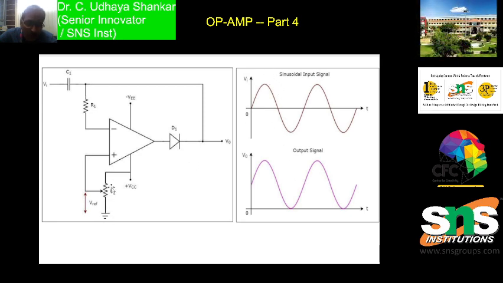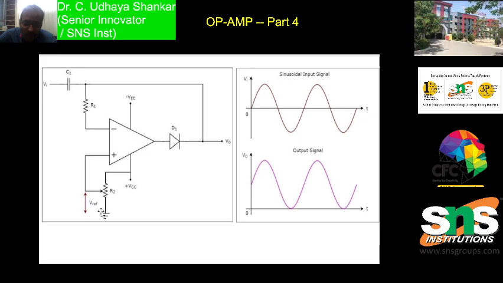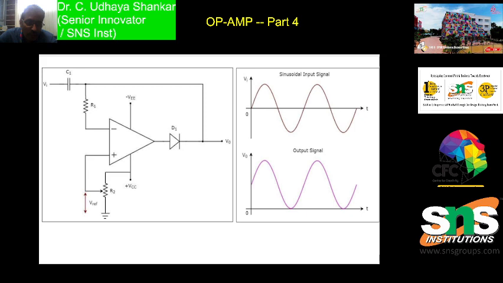If the Vref value is very low, the shift will be very small. If the Vref value is very high, it can be shifted by a very large amount. So this is called the positive clamper. Next, we will discuss the